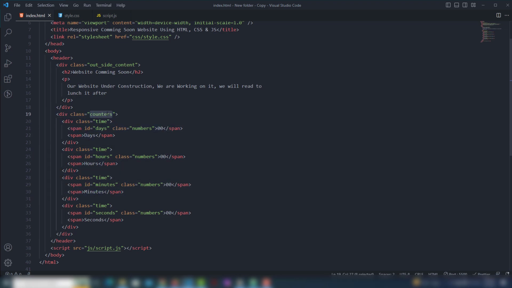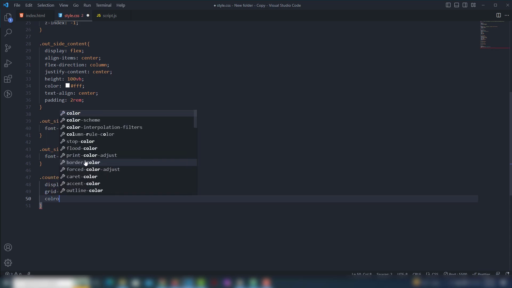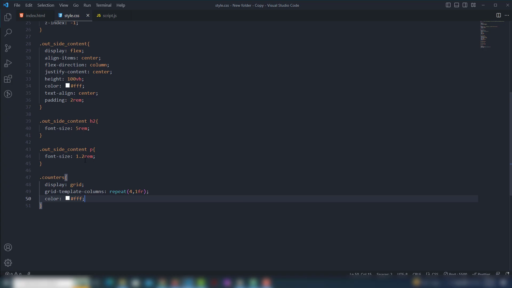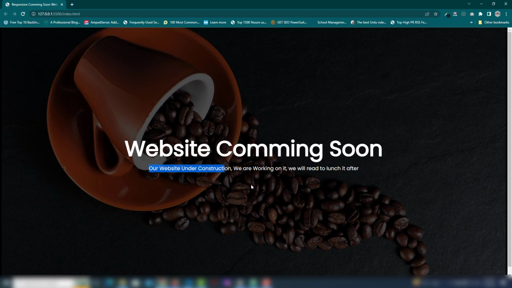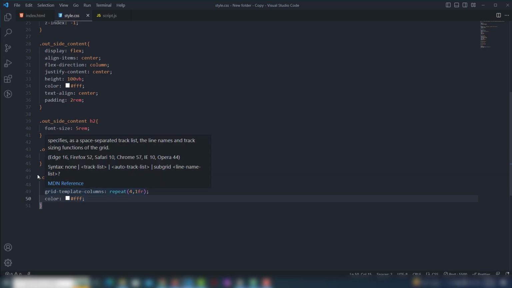So we're gonna select that, and I'm gonna show you. I use display grid template column repeat 4, 1FR. First we're gonna say that, also I will use color wheel. Why? Because I want to display the content. Okay, I can't see the content right now, but I need to use the